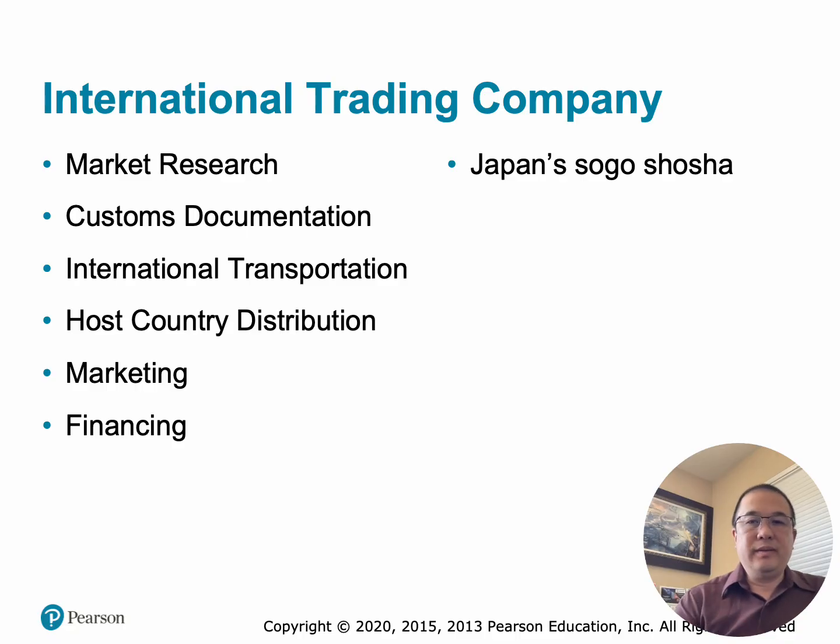This explains the role of an international trading company, or ITC, which is a specialized organization that helps companies conduct international business by providing a wide range of services. Unlike an EMC, which often acts as an agent, the ITC frequently buys products from manufacturers and resells them overseas, taking ownership of the goods and assuming much of the export risk. So what does an international trading company do? An ITC provides a complete package of international trade services.